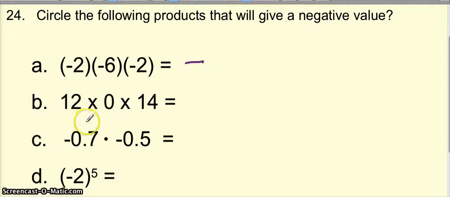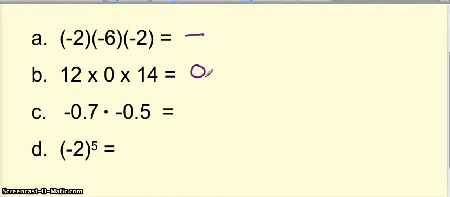Now, if I look at problem B, it is 12 times 0 times 14. Since I'm multiplying times this 0, the entire answer is going to be 0. And 0 is neither negative nor positive, so therefore there's no sign attached to this. When I look at problem C, again, I'm going to count up the number of negative signs, and if I have an even amount of negative signs, my overall answer is positive. If I have an odd number of negative signs, my overall answer is negative. So here I see 1, 2 negative signs, so therefore 2 is even,